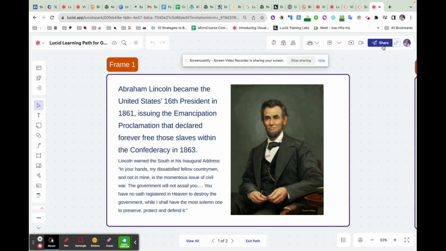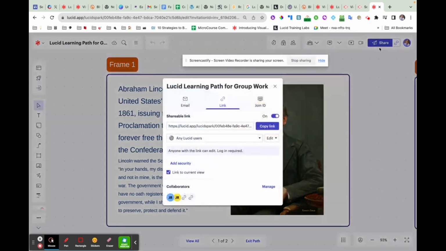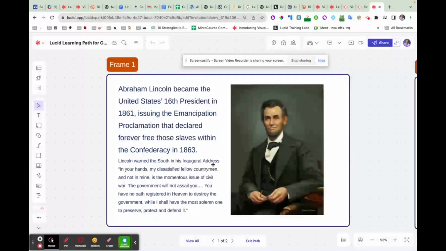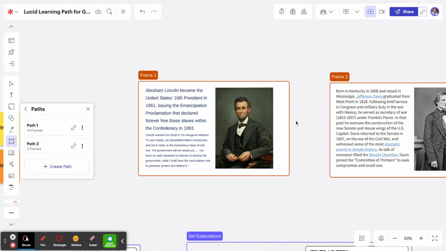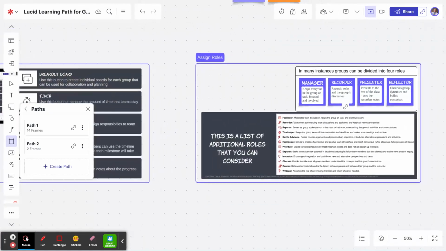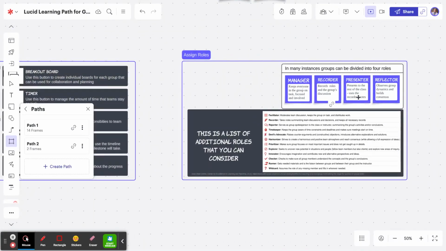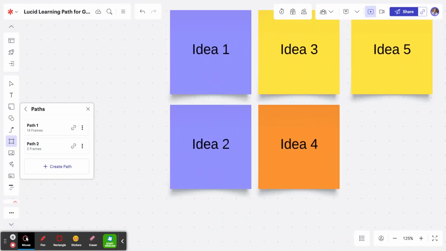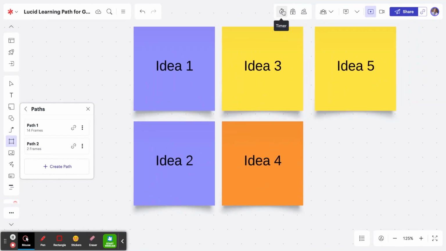One thing to keep in mind when you share the presentation, especially if you're sharing the path to follow, is that you may want to change the share settings so that students can only view the presentation. So the last role that you may want to consider is the reflector. One of the things that the reflector can do to build consensus is to use the voting tool in the facilitator toolbar. If they want to start a voting session, they just simply click on the vote button